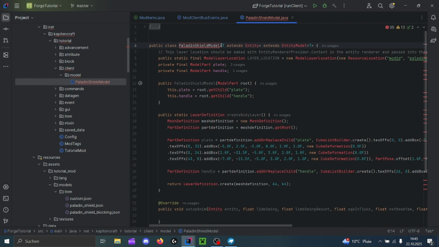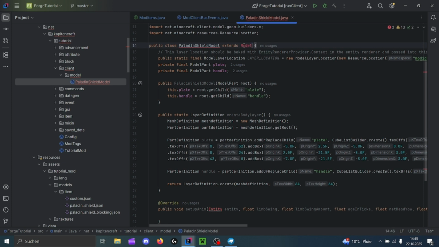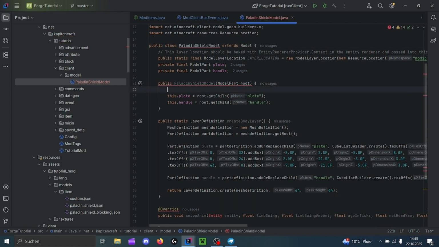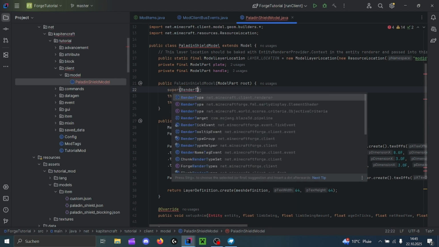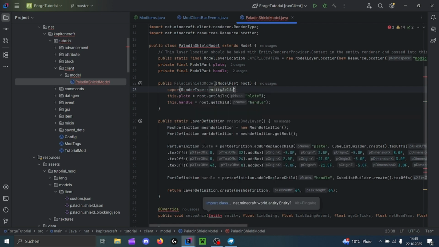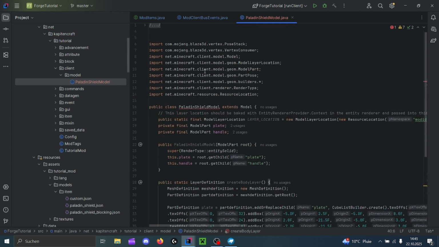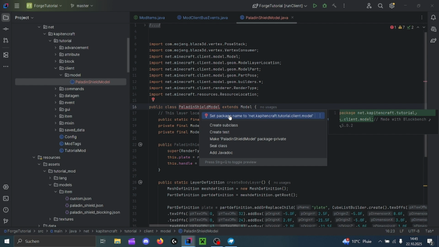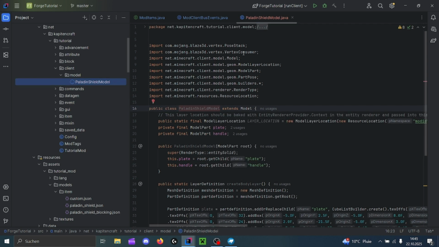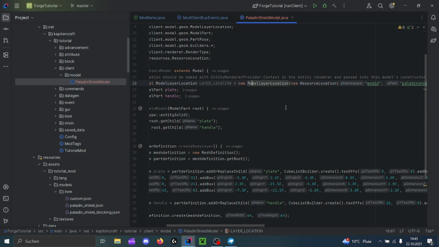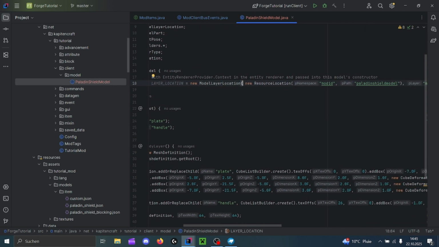We start by clearing this generic and renaming this to only use Model instead of EntityModel. Then we call the super constructor with RenderType.entitySolid. That's just the render type used. After this, we can delete the setupAnim method and set the package of this class to the current location. And last but not least, for this file, we also have to reposition the texture location to be stored